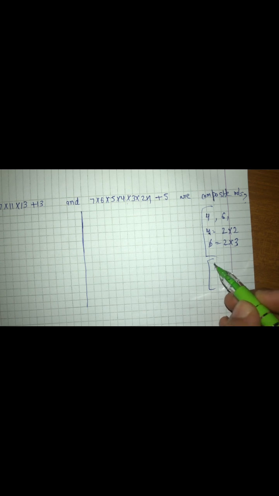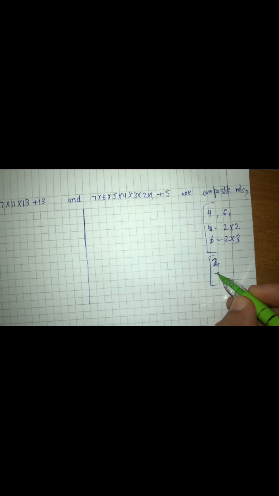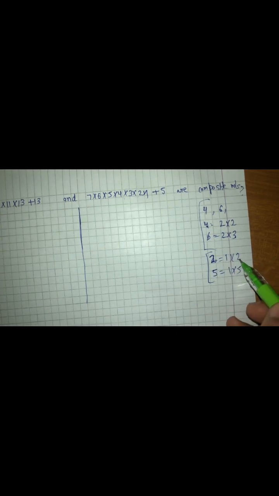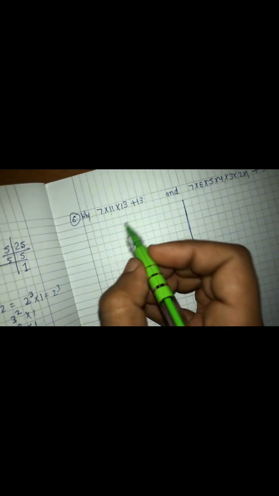And prime numbers are those numbers which don't have a factor other than 1 and the number itself. For example, 2 and 5. 2 is equal to 1 into 2. 5 is equal to 1 into 5. So 2 and 5 are prime numbers that don't have any factor other than 1 and the number itself. So for these two numbers to be composite, they must have a factor other than 1 and the number itself. So proceeding,